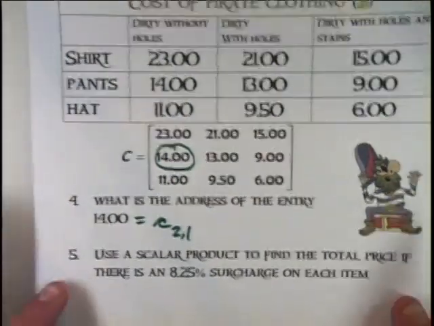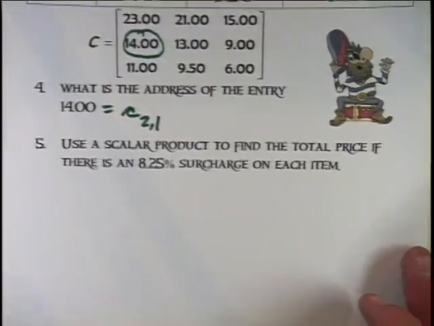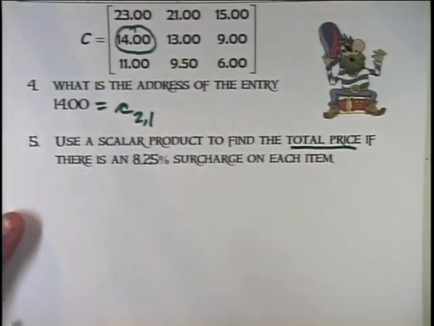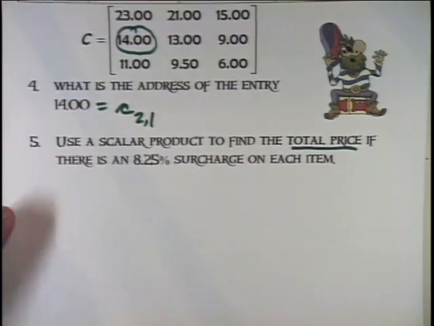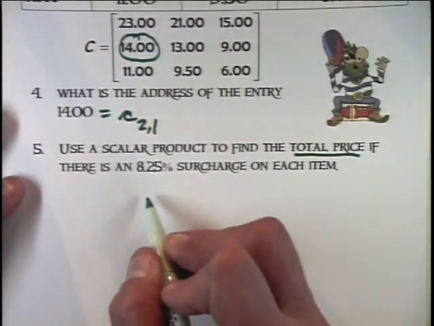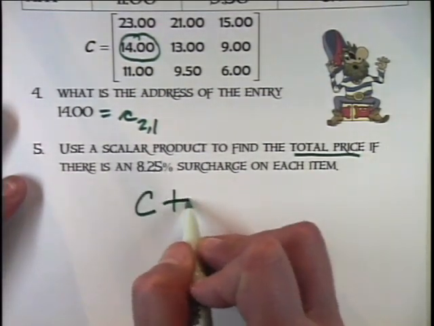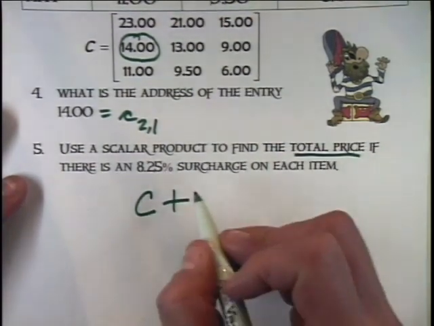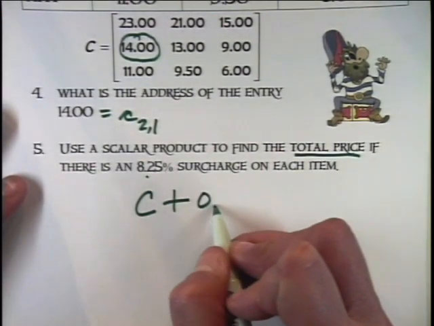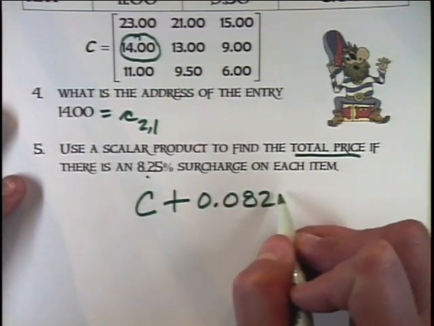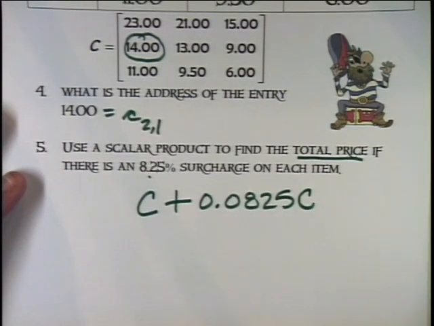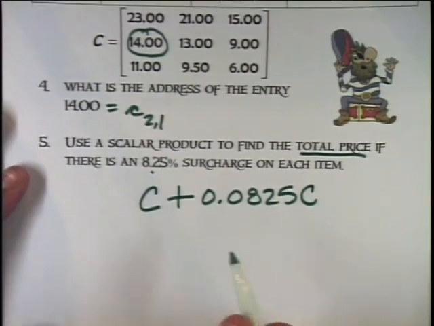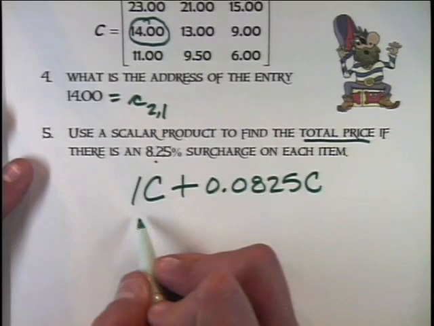Good to know. Now what we want to do is we want to use the scalar product to find the total price if there's an 8.25% surcharge on each item. Yeah, even pirates get charged surcharges, okay, especially if they don't have their sword with them. Well, how are we going to do that? We're going to have to take the original cost plus add the surcharge to it. Well, 8.25% as a decimal is 0.0825, and we have to multiply that by the cost of the item and add it back to the cost of the item. It's like tax. The cost of the item plus the amount of tax. Well, I can add those. Those are like terms. So that's really